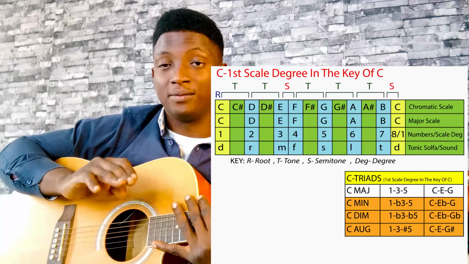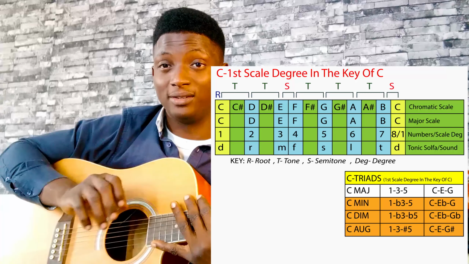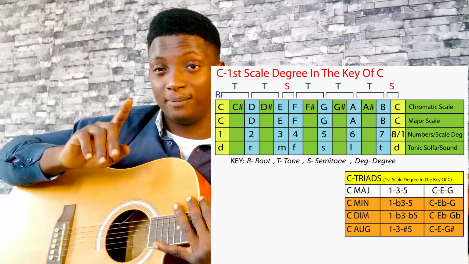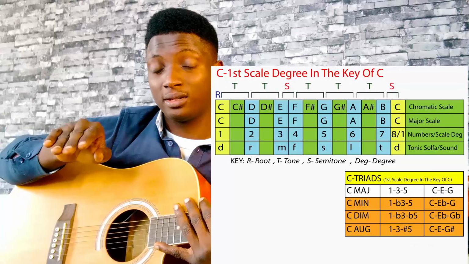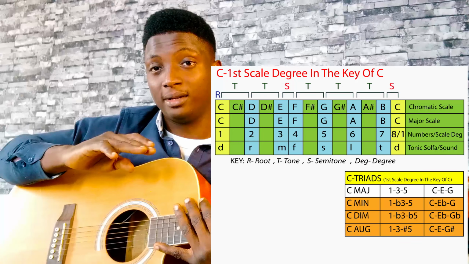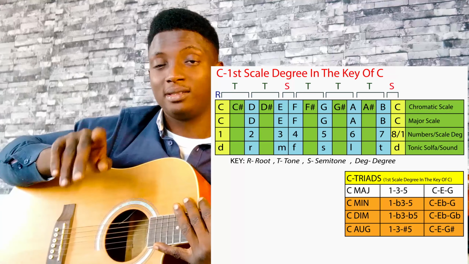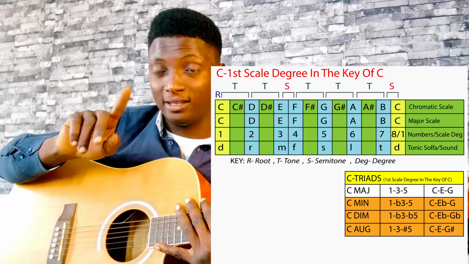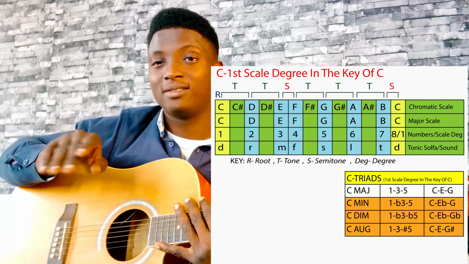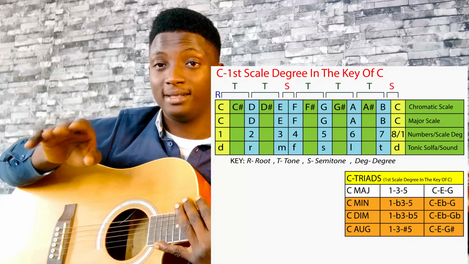So I'm going to be giving us a quick tip or a chart to see what I've been saying since morning. From this chart, you're going to see I'm starting with the key of C. From the top, you have your roots, your tone, tone, semitone, tone, tone, tone, semitone. In the first row, I have my chromatic scale, C, C sharp, D, D sharp, E. Next, I applied the tone, tone, semitone. Then in your second row, I have my C, D, my major scale, C, D, E, F, G, A, B,